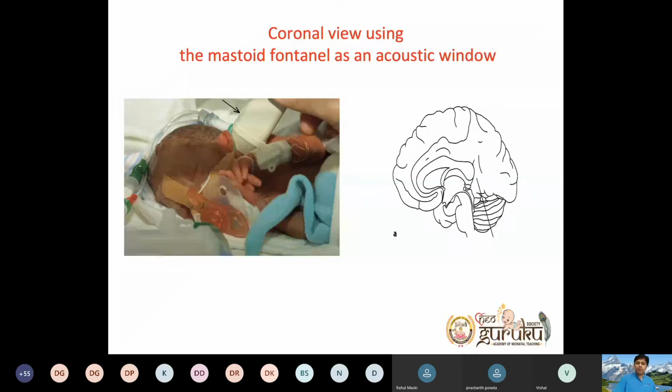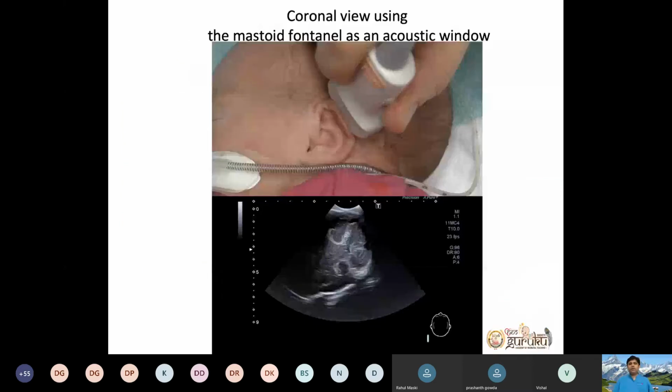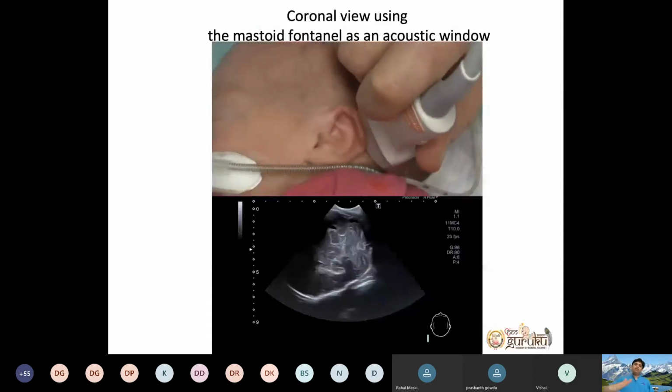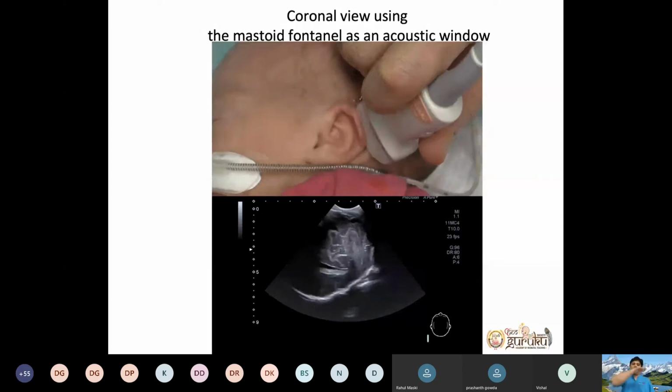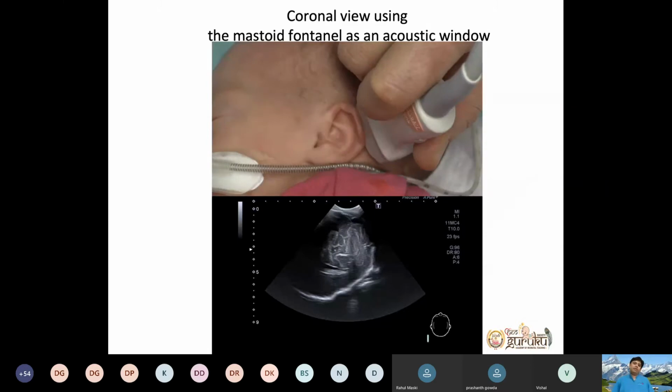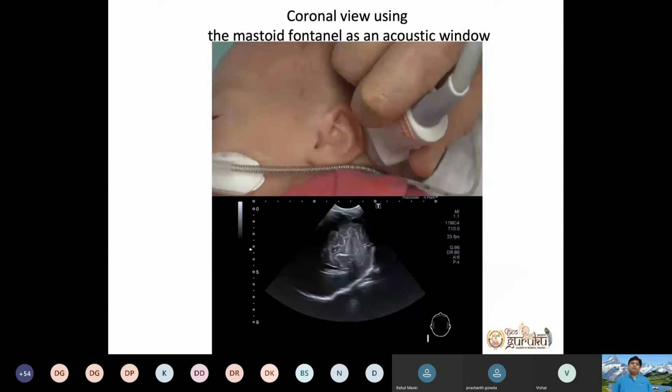When you place the probe over the cerebellum, don't get scared, because you are trying to see the cerebellum through the mastoid window. This is how we take the sweep. We have a transverse section and a coronal section in the mastoid window. Two sections: in the transverse, you are cutting the brain like a slice, transversely, and then the coronal section. So you can see both cerebellar hemispheres, and anteriorly you can see your fourth ventricle and other parts of the brainstem.